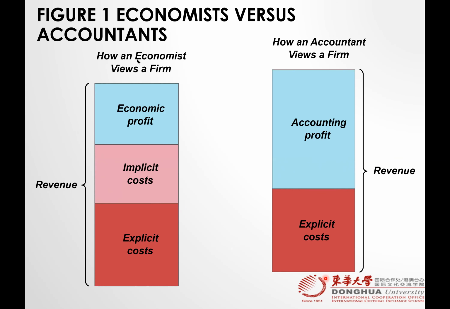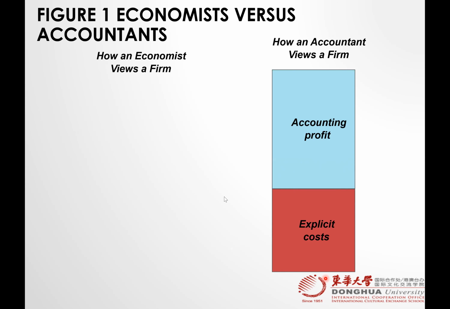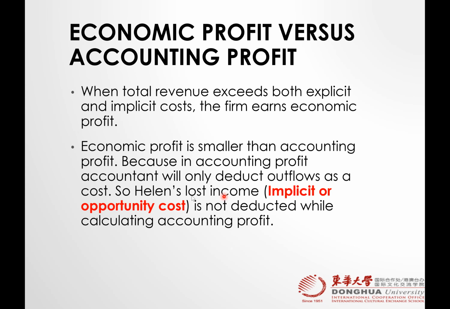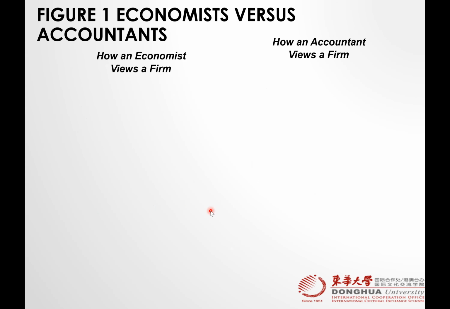While in economics, the economist views a firm as revenue minus explicit cost and implicit cost. When you add both implicit and explicit, you get total opportunity cost. Remember, implicit cost is called opportunity cost, but total opportunity cost is,